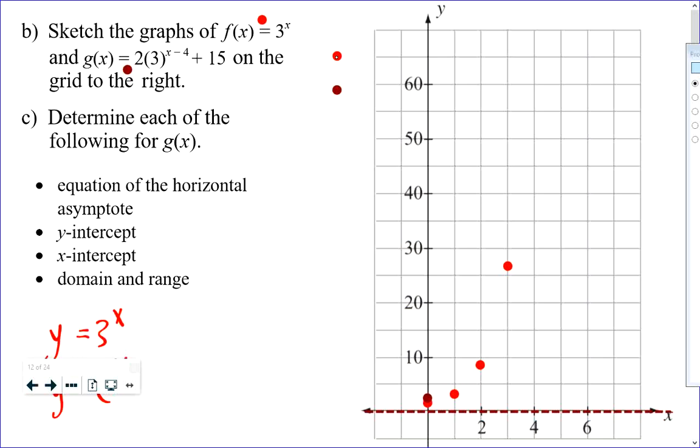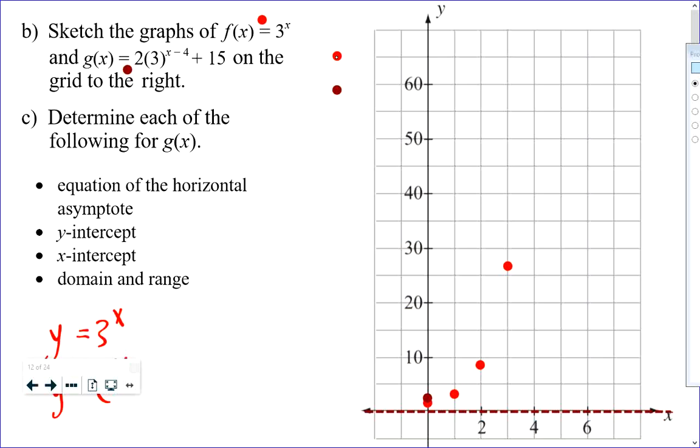Then it shifted 4 units to the right and 15 up. But just a second here. Will shifting any of these points, no, let me back up. Will stretching any of these points vertically by a factor of 2 change the location of the asymptote? No. Will shifting any of these points to the right 4 units change the location of the asymptote? No. The only thing that's going to change the location of the asymptote is that k value, so we can